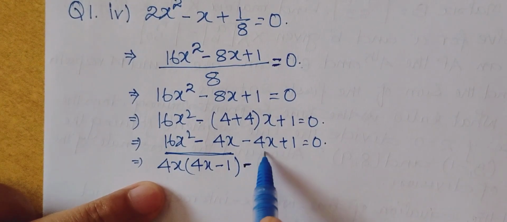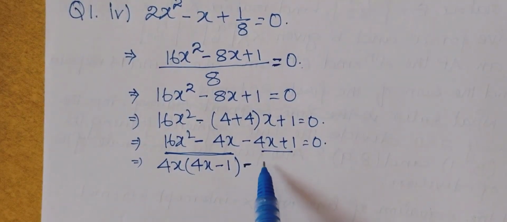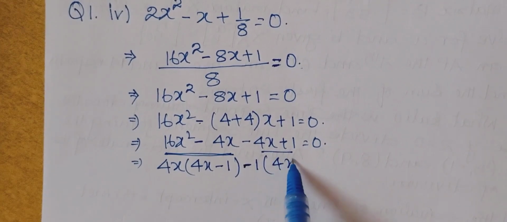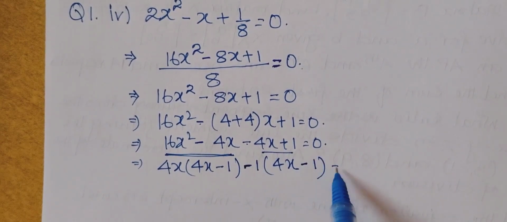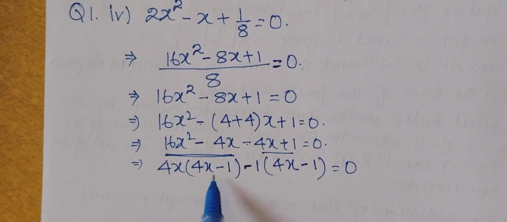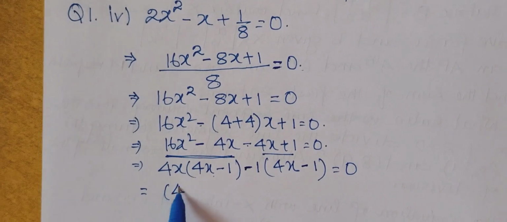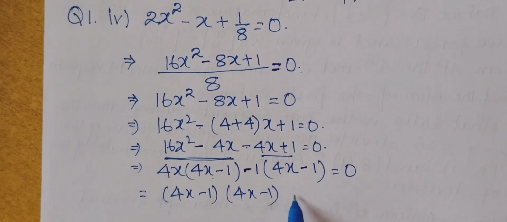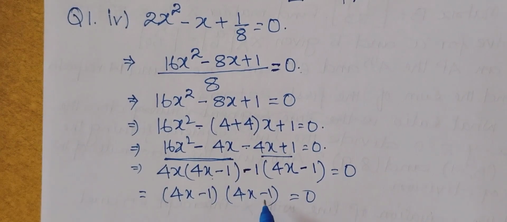So in these two nothing is common. If there is nothing, then we have to take out the 1 as a common. So 4x is as it is, so minus into plus, it will be minus 1 equal to 0. Look at here, these and these are the same thing, so we are taking 1 common, that is your 4x minus 1, and another is also 4x minus 1 equal to 0. These two we are taking this common, and 4x minus 1 we'll put in the next bracket.